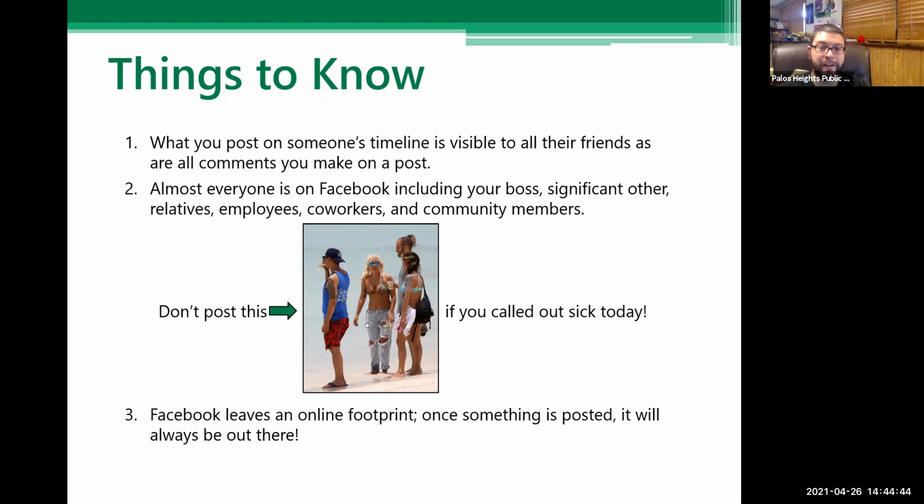Right in the middle there, a good reminder: if you call in sick to work or say, oh, sorry, I can't do something or other, don't post a picture of you doing something else, because someone will see that. Plenty of people have lost their jobs for doing just that.